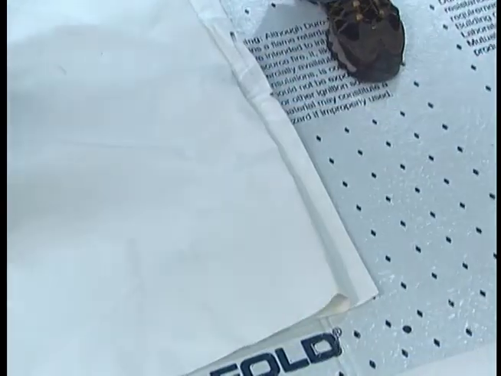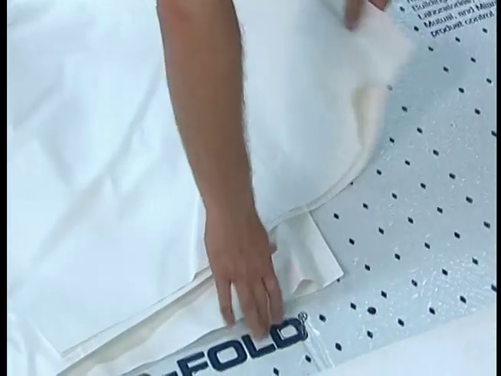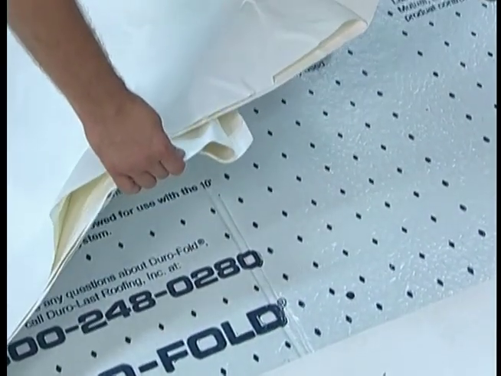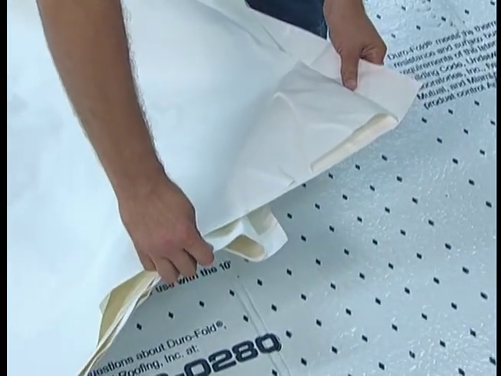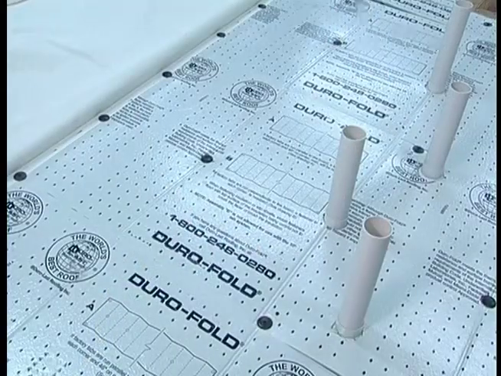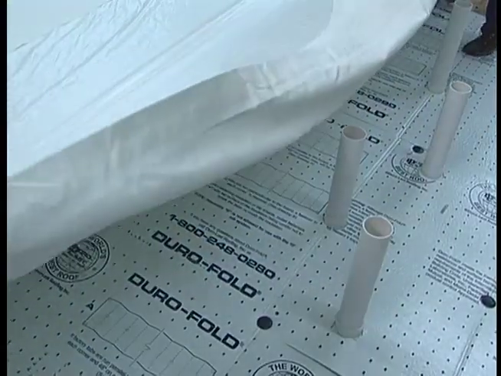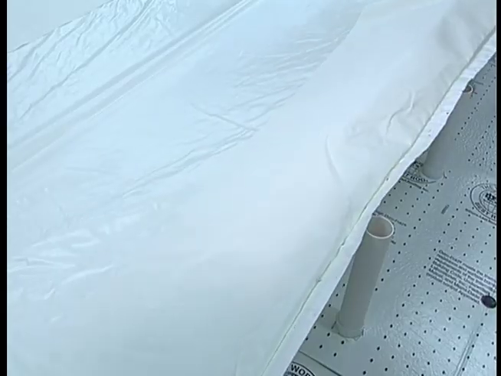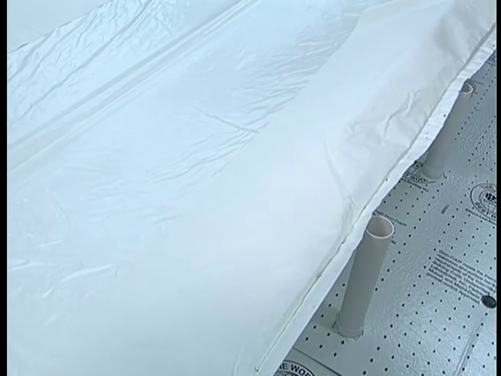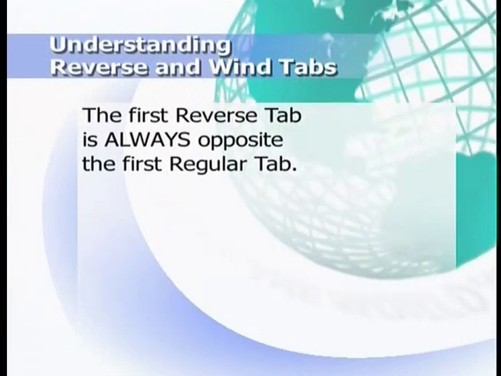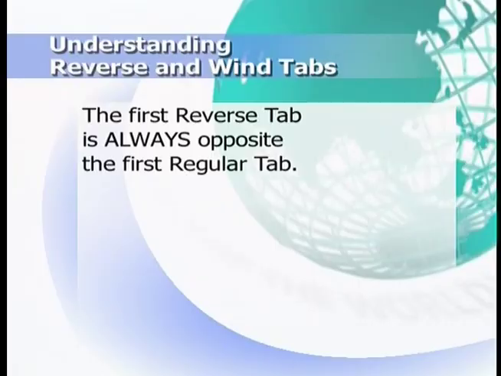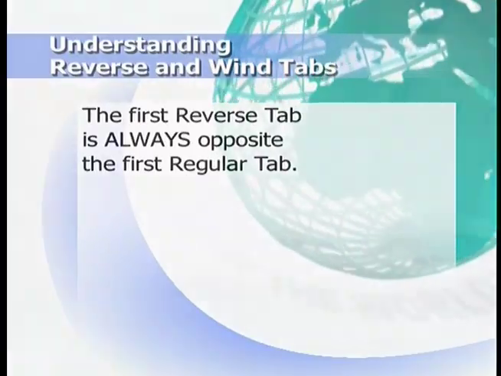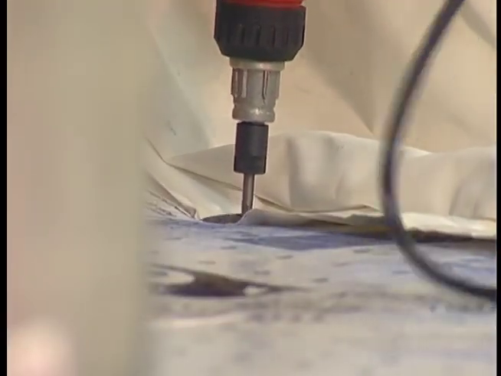When double or triple reverses are used, there may be more than one reverse tab on a deck sheet. Double or triple reverse tabs may be used to start a deck sheet behind a large obstacle that otherwise obstructs the starting point. The benefits of reverse tabs are numerous, but generally they can be used to speed the installation process by exposing the first tab that will be used to start the deck sheet. This first reverse tab is always pointing opposite the first regular tab, regardless of whether there are double or triple reverse tabs. This first reverse tab is used to align the deck sheet during the installation by adjusting it to